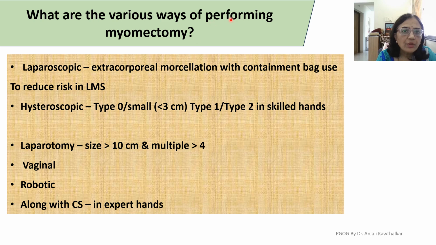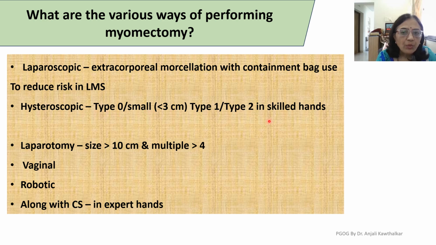What are the various ways of performing myomectomy? We can do laparoscopic, where extracorporeal morcellation with containment bag use is the current recommendation or addition to the laparoscopic myomectomy to reduce the risk in unsuspected leiomyosarcoma. So what is used is a containment bag, and in that bag morcellation is done, which is called extracorporeal morcellation. Hysteroscopic myomectomy can be done, as we have already seen, type 0 or a small type 1